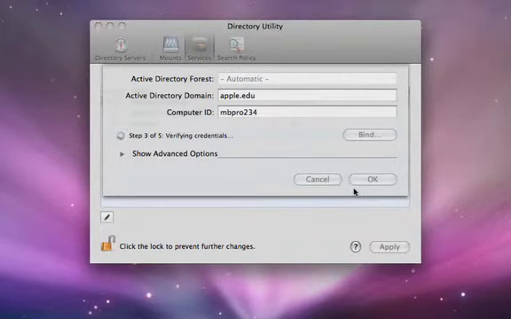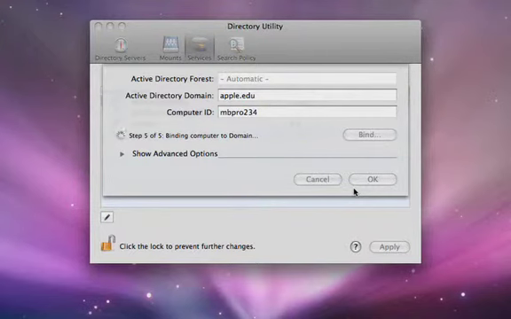So there's a 5-step process that the plugin uses to join the domain. The first step is searching for forest and domain information. The second step is finding the nearest domain controller to my computer. And the third step is to verify the credentials that I used, in our case, AD-bind. The fourth step is to search for existing computer objects within the domain. And then finally, the fifth step is to bind or join the domain and write the information to the local